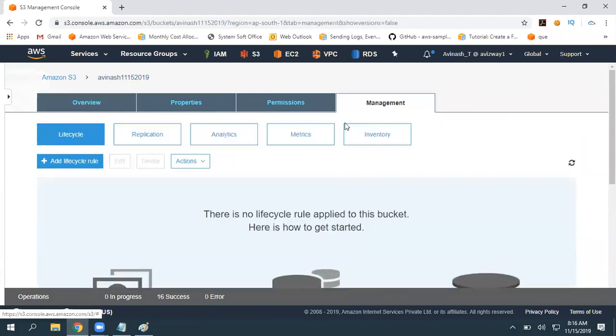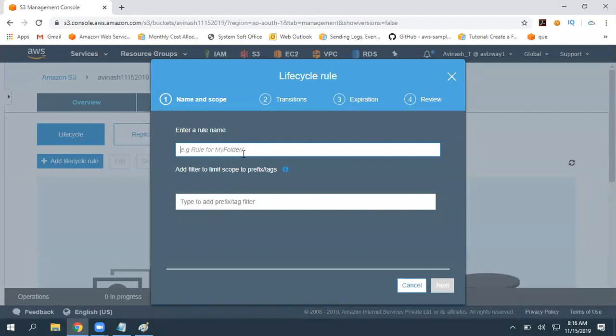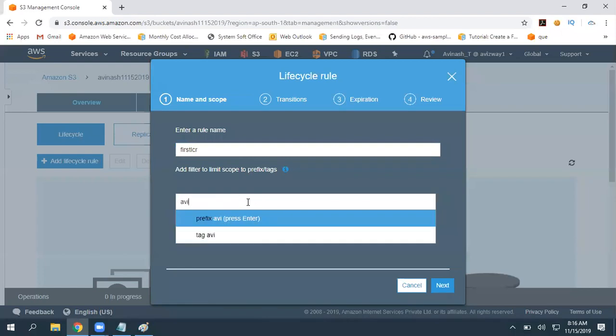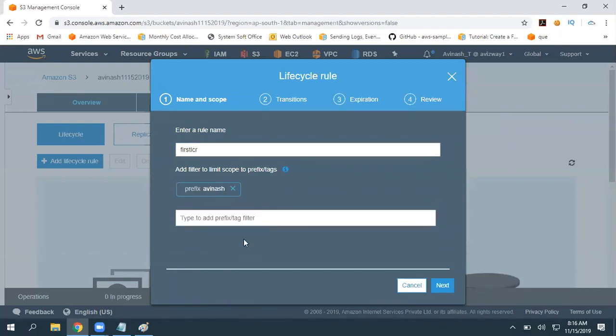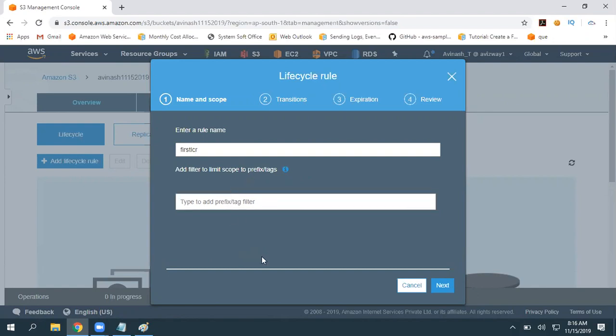Add lifecycle, give a name, and prefix as Avinash. Whatever files have the prefix Avinash, this lifecycle management rule is applicable to that data only. We can even add tags, and we will talk about tags. What data you have with a particular tag, you can apply this rule to that tag only. So I leave this blank, which means it applies to my entire S3 bucket.